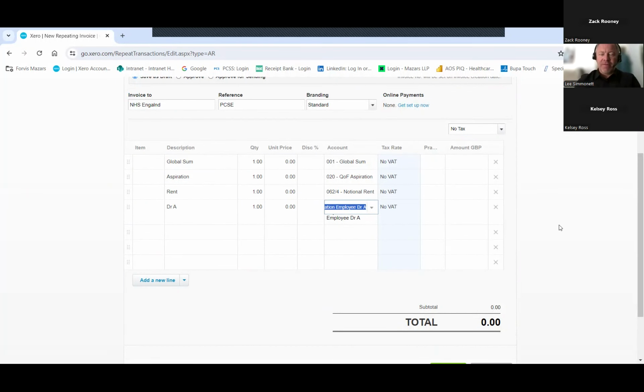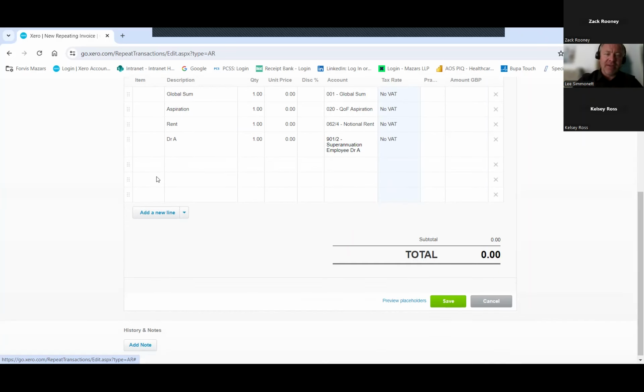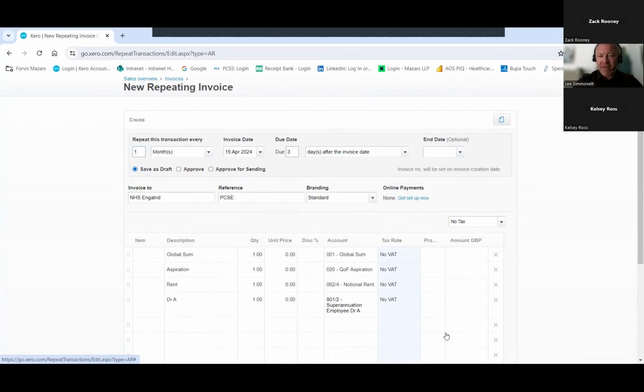So you go down the body of that. Most of the stuff that you receive every month is the same. Just the figures change, don't they? Every now and again, you might have additions, and that's fine. That's why we've clicked Save as Draft. Once you save that